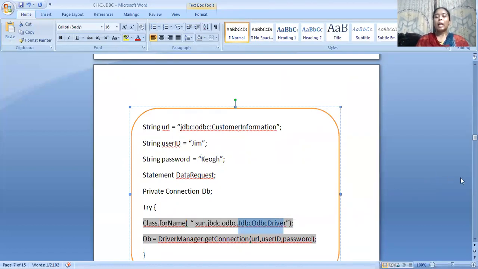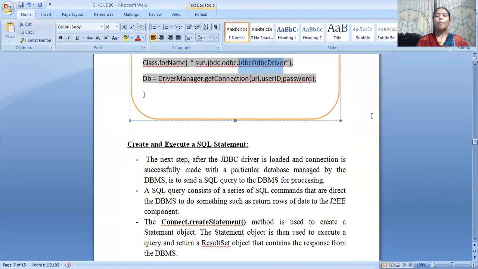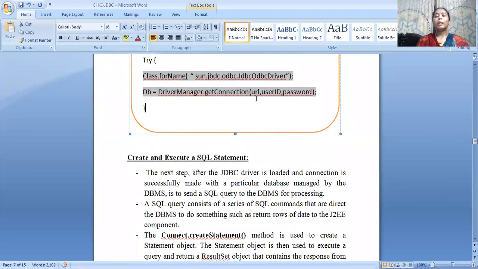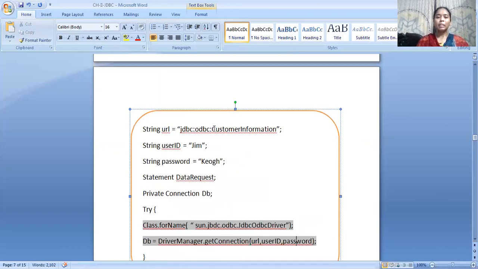Here the connection is made with the predefined function DriverManager.getConnection. I use three parameters to know whether the particular user is authenticated or not: the URL, user ID and password. What is the URL? The URL is the customer information. By using this user ID, password and URL, I can make a connection to the DBMS so that data can be processed.